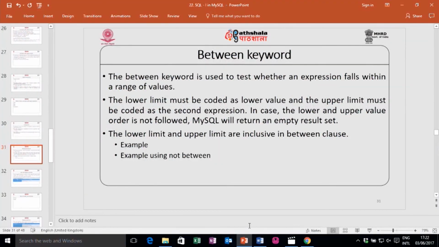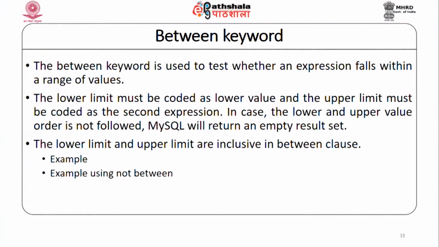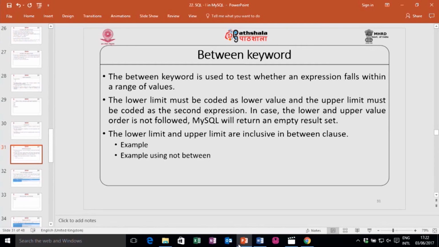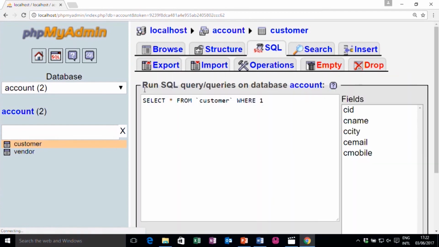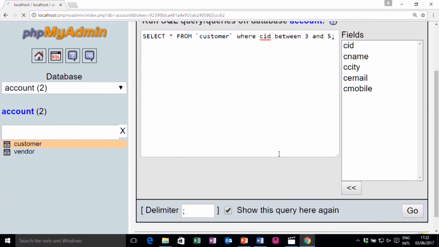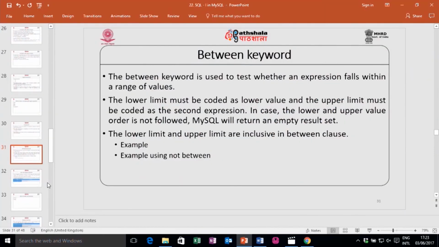Say, for example, select star from customer where CID between 3 and 5. So, it will display records where customer ID is 3, 4 and 5.